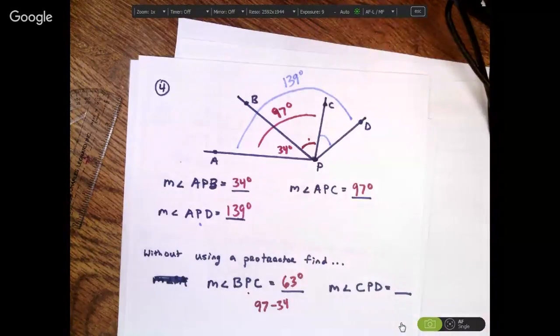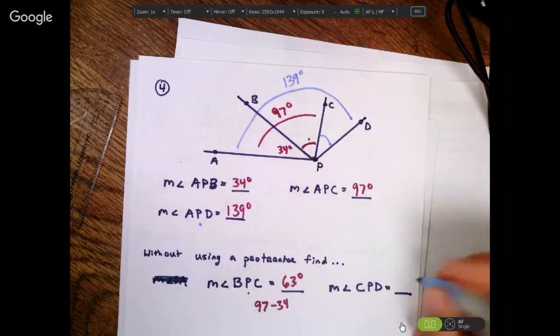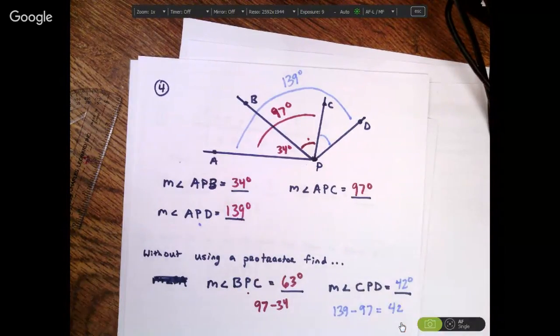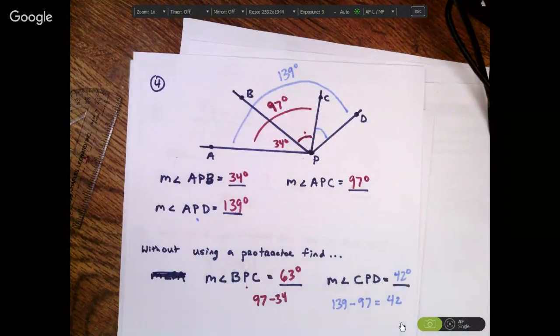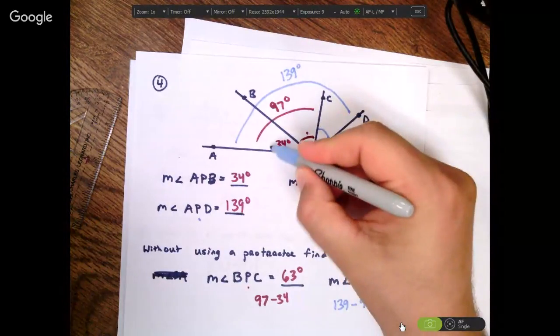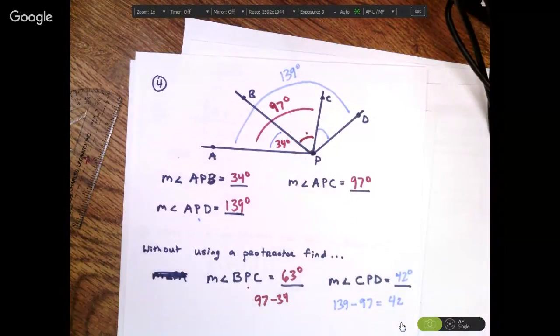Go ahead. Would it be 42? How do you get that? 139 minus 97 absolutely gives you that 42. Anybody not seen how to do that? Why do you not subtract 34? Because this 97 includes this part of the 34. So you have to subtract the 34 and